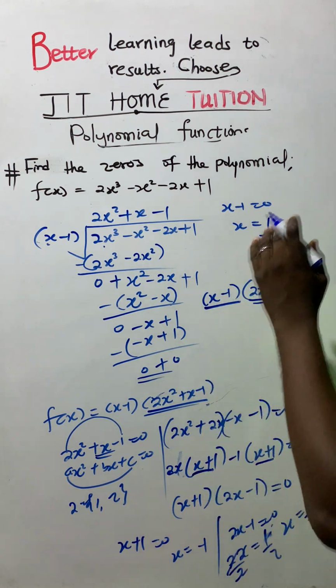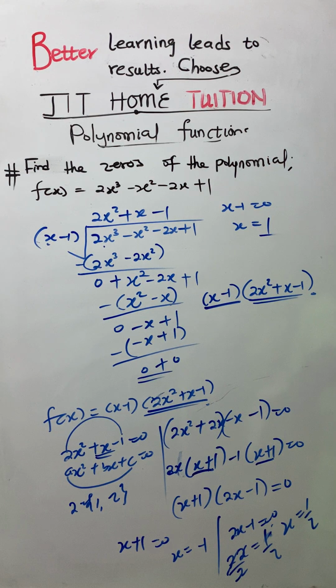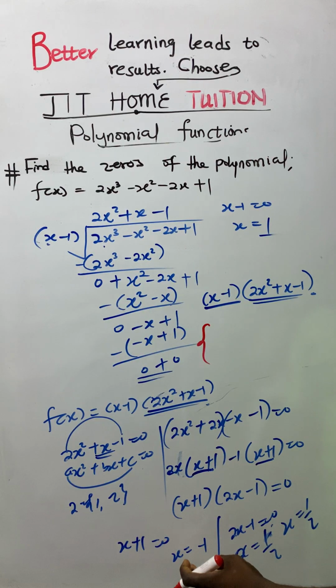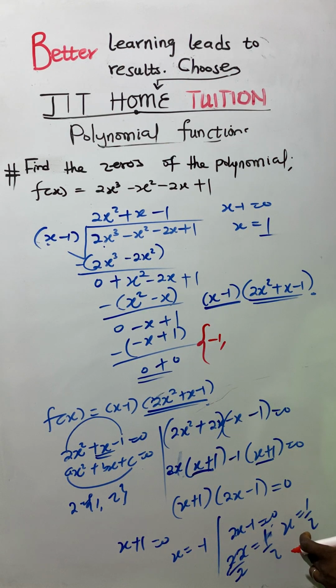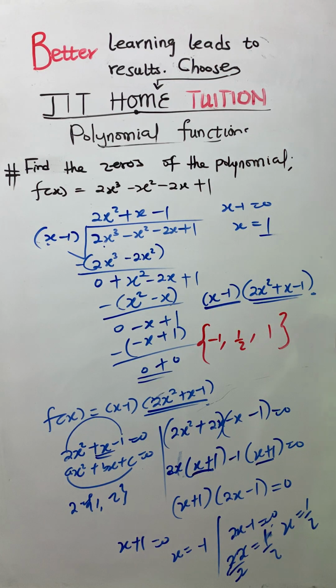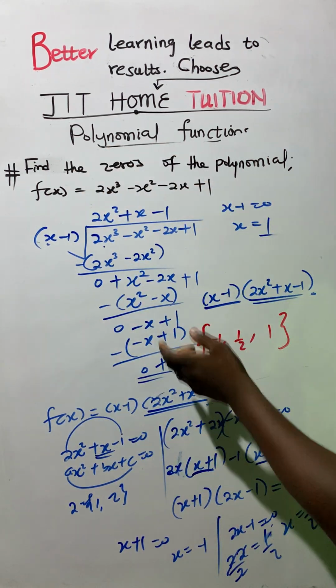Now, we want to find the zeros as the question is asking us to. So here you can see that this side you have -1 as one of them. You have 1/2, then you have 1. So when the question asks you to find the zeros, you can write, therefore the zeros of the function are